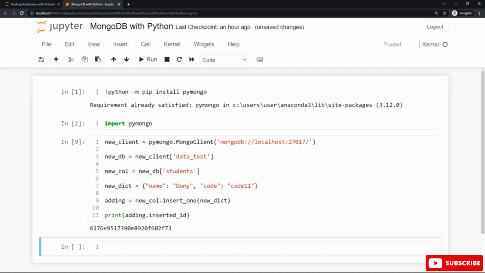And also it's possible to specify or assign a unique ID for each document in any collection you have created, and I'll show you that. However, now let's talk about how to insert many documents or multiple documents into a collection in MongoDB. You can insert many documents into a collection in a database by using the insert many method in MongoDB. And this insert many method will take a list containing dictionaries as a parameter. Let me show you that in action.